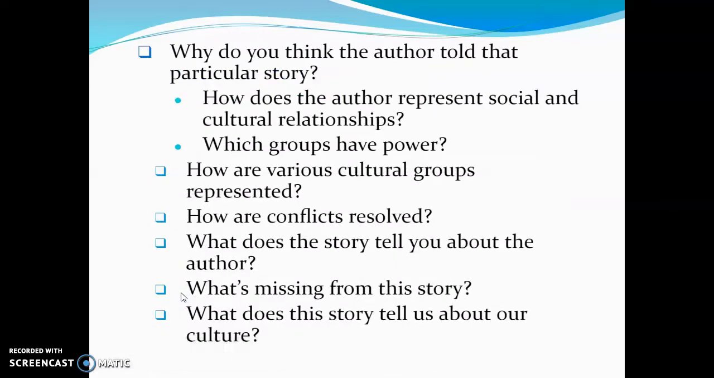So for example, if you were to read a very simplistic text like Click Clack Moo that we've had experience with in this class, we would take that simplistic book and with maybe sixth graders ask these sorts of questions because they're prepared, because of who they are developmentally, to answer, why do you think the author told this particular story? Now if you asked a kindergartner, first grader, second grader, they may give you an answer, but what you're